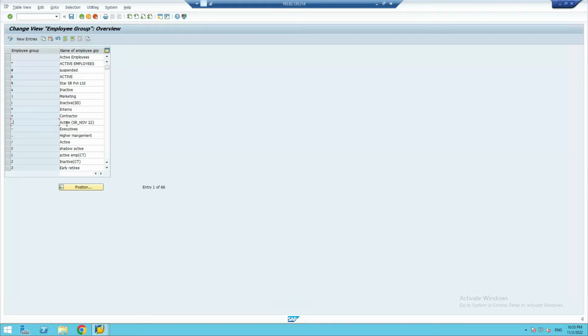I made it as Active, in brackets my name initial, Smita Rajput, underscore November, because this is the November month and the year is 2022. So for my reference, for future references, I created this, right? So for active, I gave this code. It is comma,